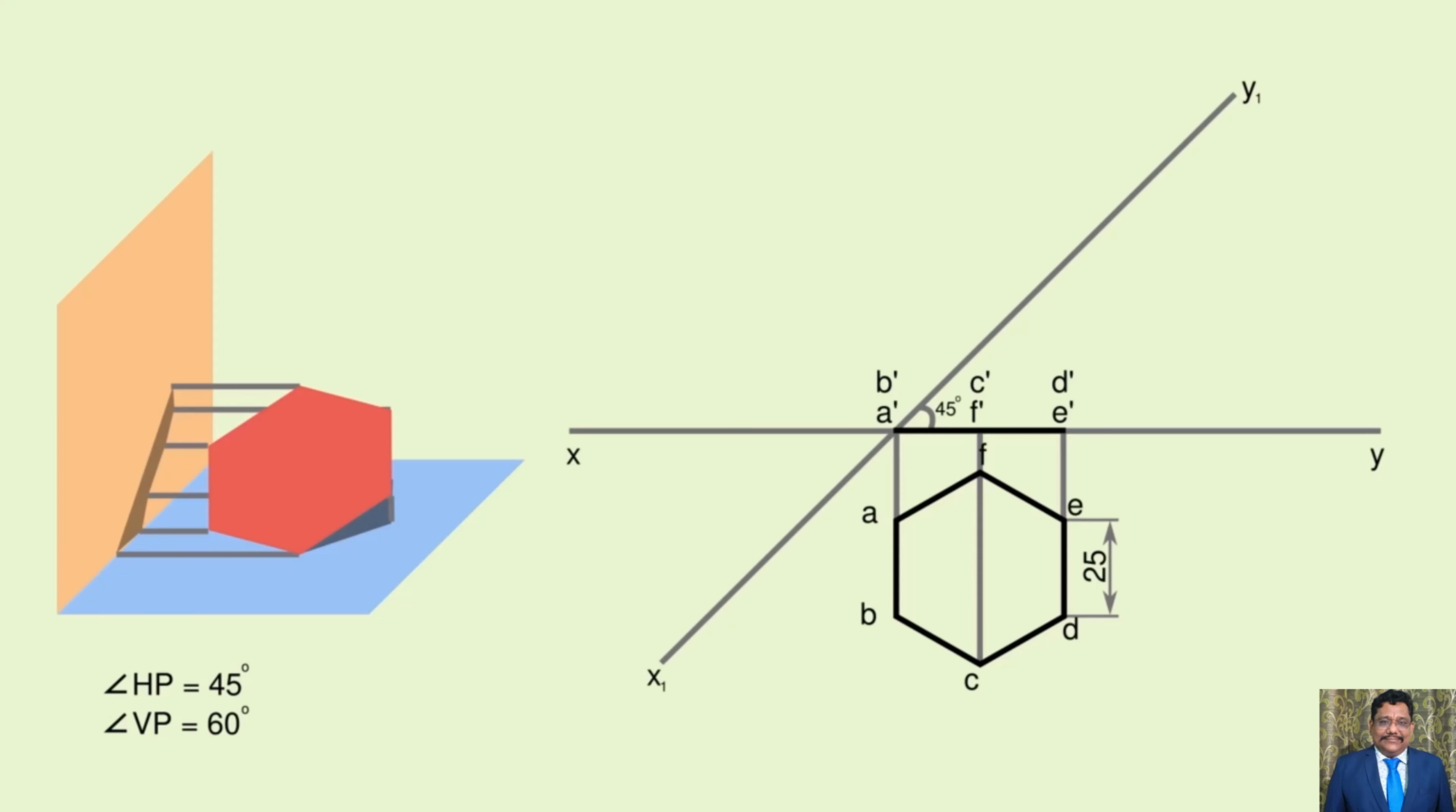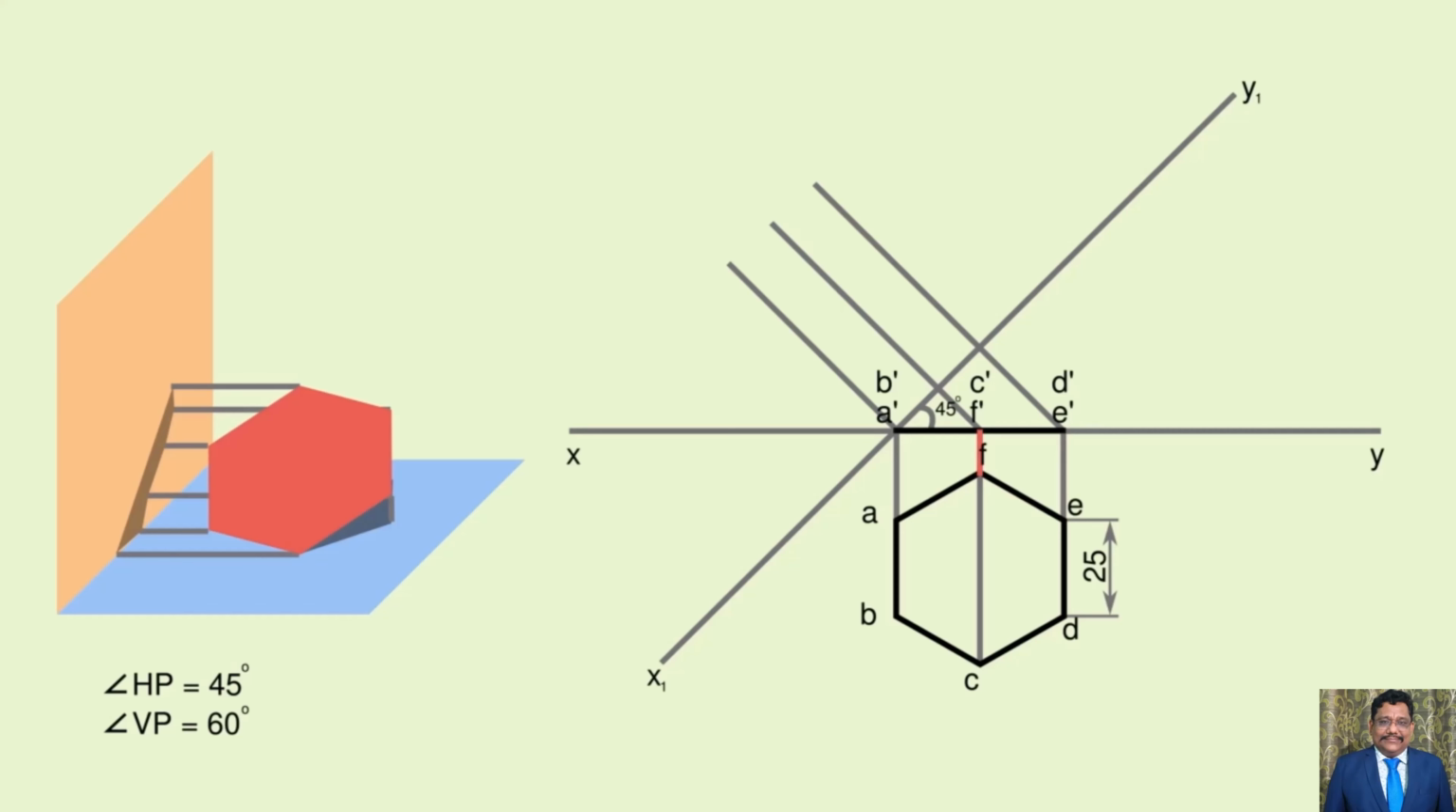Now draw an auxiliary inclined plane x1 y1 inclined at 45 degrees to the xy line from the point A dash B dash. Draw the light lines perpendicular to x1 y1 from A dash, B dash, C dash, D dash, E dash, F dash. Then, to draw the auxiliary top view, measure the distance from the xy line to each point, like A dash to A, B dash to B, C dash to C, E dash to E, D dash to D, F dash to F,